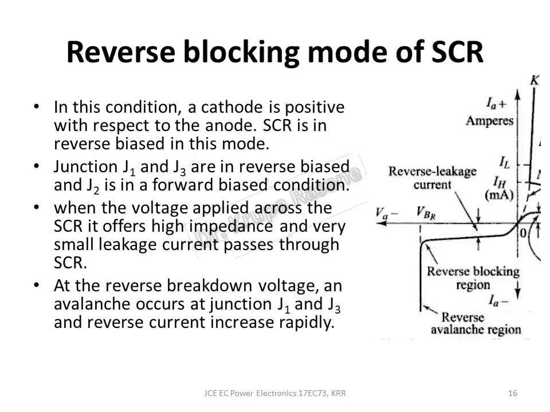At the reverse breakdown voltage, an avalanche occurs and at junctions J1 and J3, a reverse current will rapidly flow. After VBR, if you further increase the reverse voltage, J1 and J3 will have the avalanche breakdown and a rapid flow of current will occur. But this is not advisable because this is a destructive kind of phenomenon and we should never allow the SCR to go into the reverse conduction state.